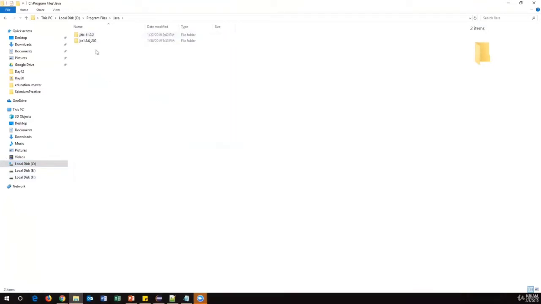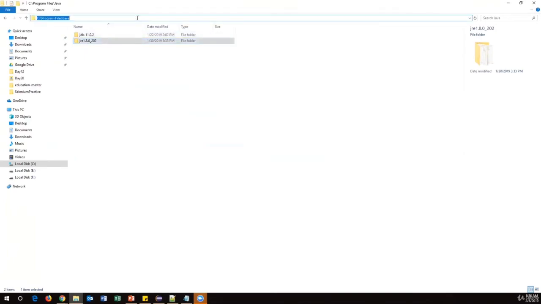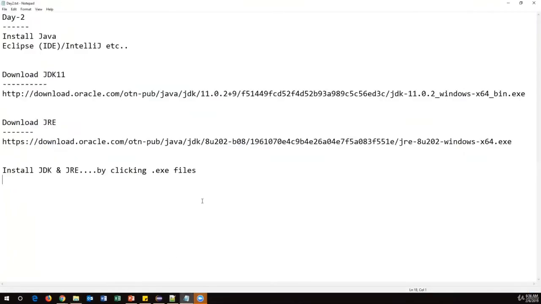One folder is for the JDK and the other is for the JRE. This is your default location. If you want to change the location, you can do so at the time of installation, or else by default it will install under Program Files. This is the default location of Java.